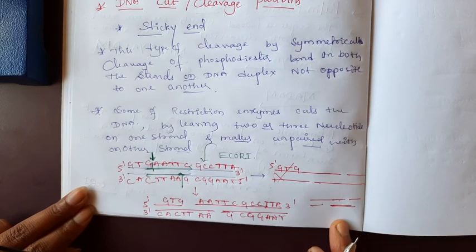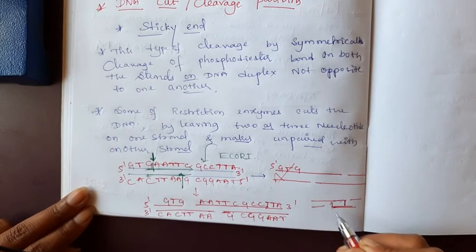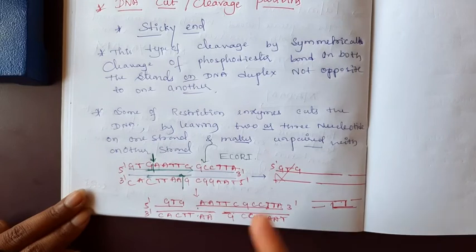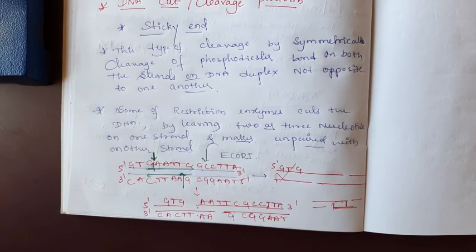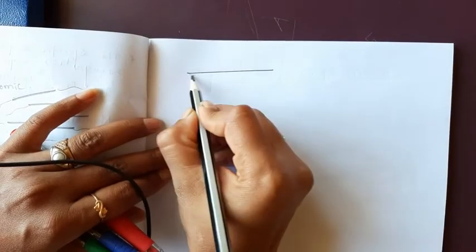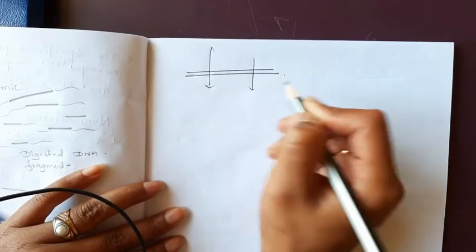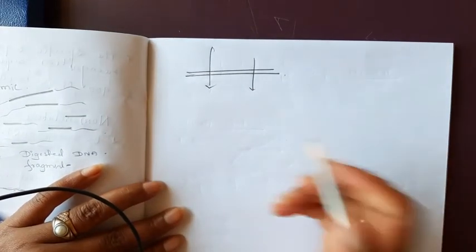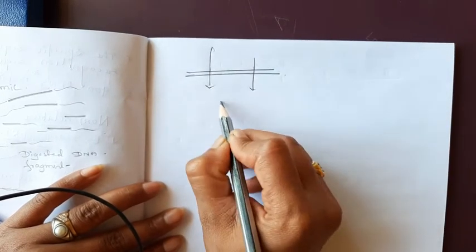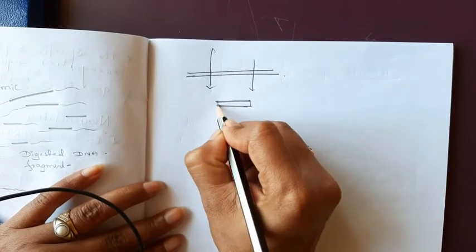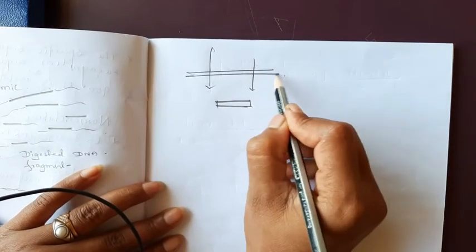This is exactly not opposite to the complementary strand. These sequences are not exactly opposite to the complementary strand. This is formed due to the sticky end formation. I think all of you are getting this. Consider this is a DNA, I am not going to write any sequences. If DNA is cut exactly like this, it will not form any sticky ends. The cut end portion of DNA remains as it is in the middle.